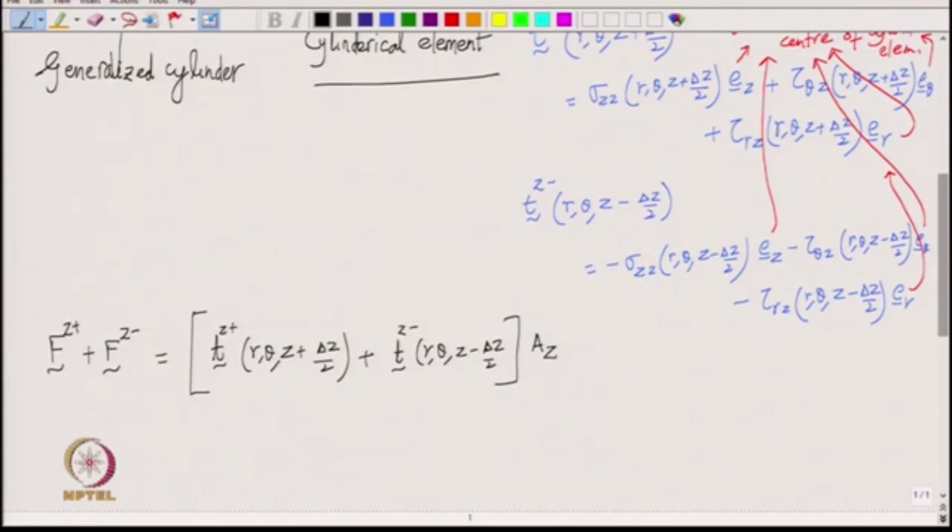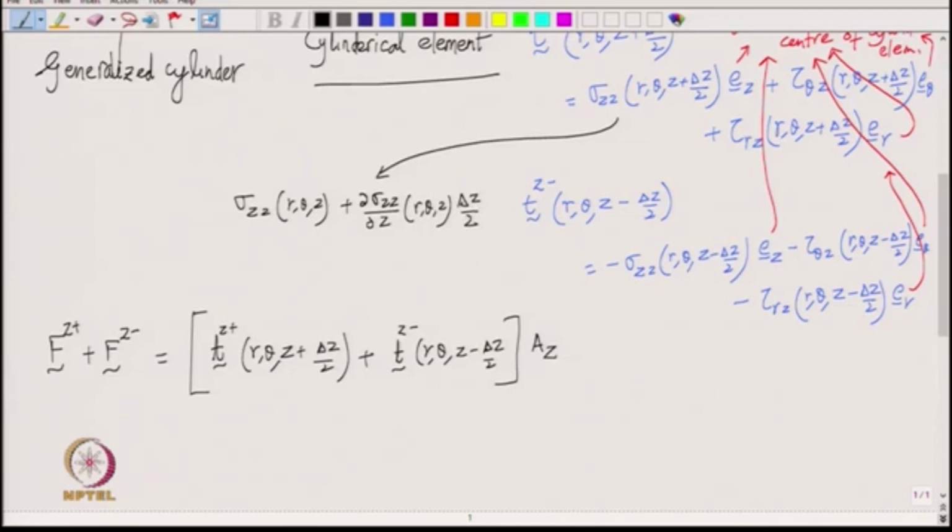So, you only have derivative with respect to z, is not it? So, what I mean is this one, for example, would be sigma z z at r, theta, z plus del sigma z z over del z at r, theta, z into delta z by 2,